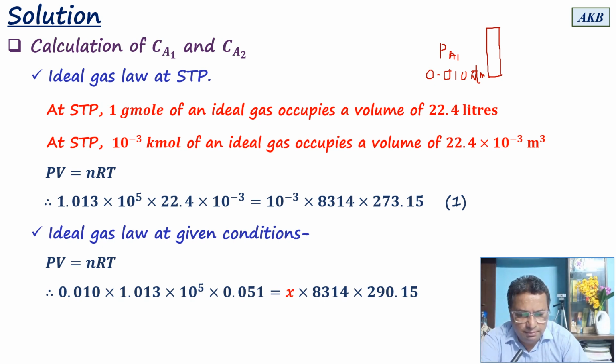This was the partial pressure, and now we are applying this law to hydrogen gas. So that's why partial pressure is 0.010 atmosphere, and now I'm converting it to Newton per meter square. So I have to multiply, in order to convert it to Newton per meter square, with 1.013 into 10 to the power 5. So this product, 0.01 into 1.013 into 10 to the power 5, will be the partial pressure of hydrogen in Newton per meter square, into 0.051, this is the volume that is occupied by hydrogen,